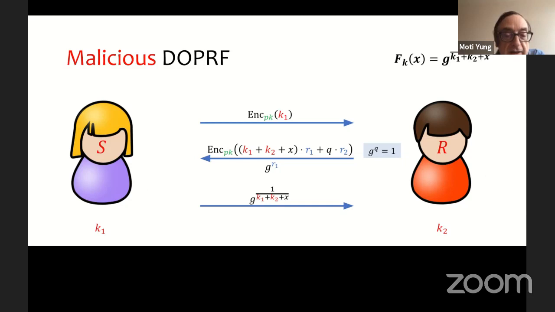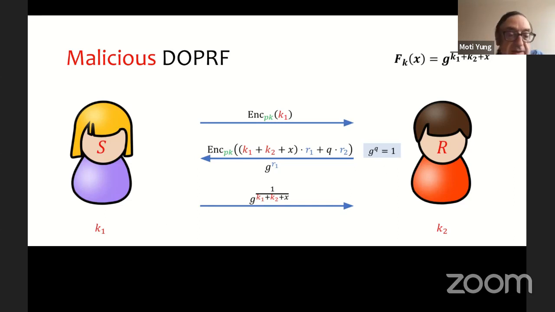Then when it takes g to the R1, the second element in the second flow, in the right group, the Q times R2 cancels because it's the order of the group and it equals 1.